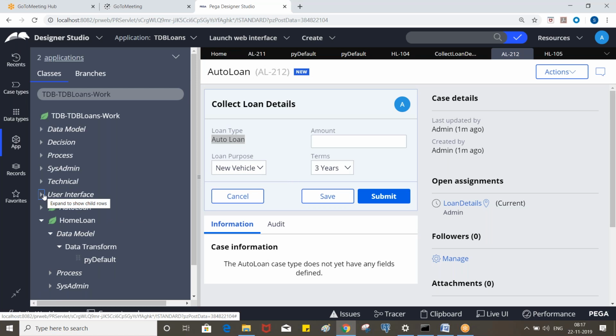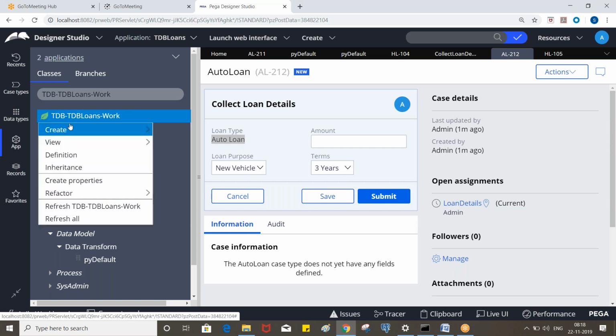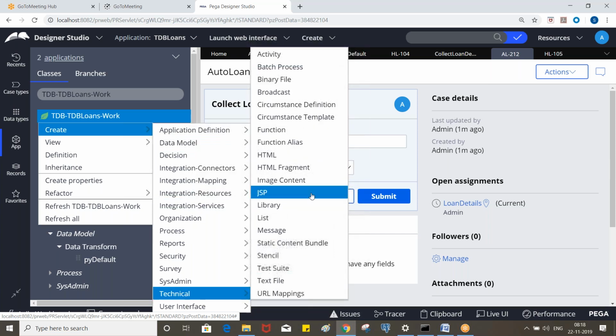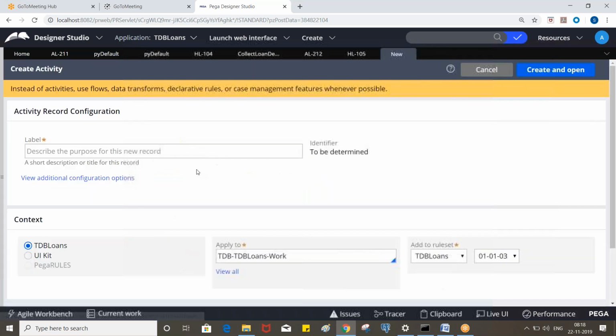Just as the clipboard structure is generated when we use OBJ browse, in the same way we need to create an activity. Where we mapped country details dot px results, similarly you take the page dot px results of 1 and assign old vehicle, px results of 2 assign new vehicle. So let's create an activity called display loan purpose.